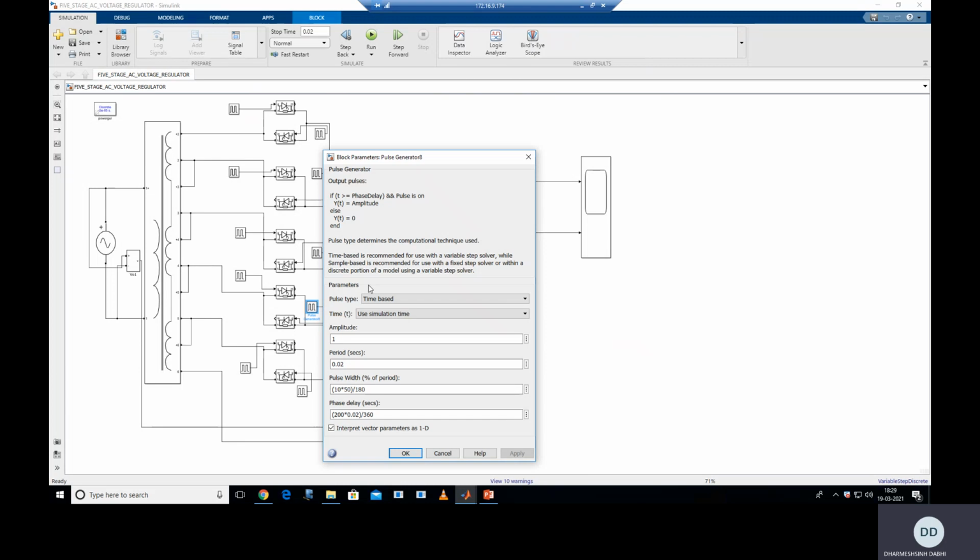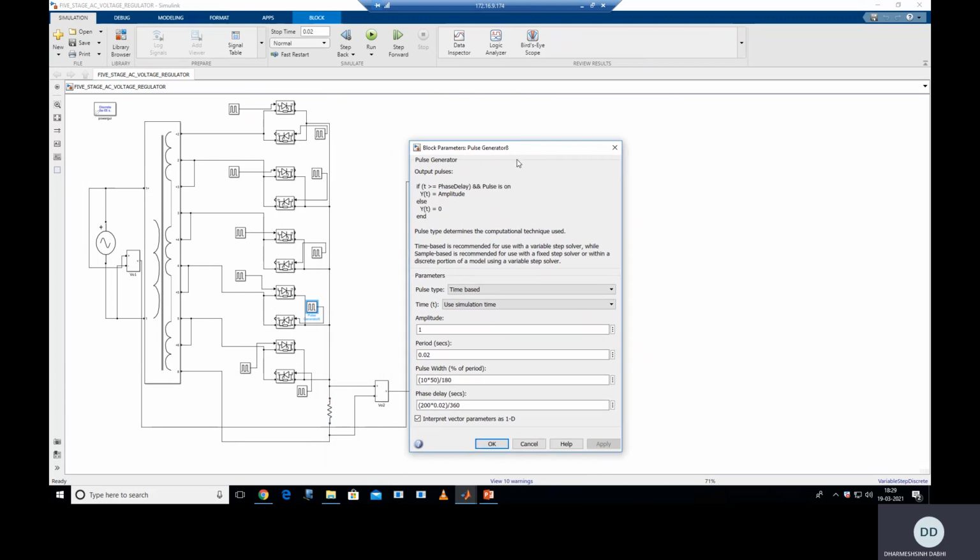So the pulse generator of this second stage negative group thyristor, for 20 degree alpha, means pi plus 20 degree, it means 200 degree. The remaining parameters are as they are. So you can see that in the negative cycle again, by increasing the 20 degree pulse width for the remaining stages, we can increase the voltage in the negative cycle also, in the same manner as we increase the voltage for the positive group thyristor.